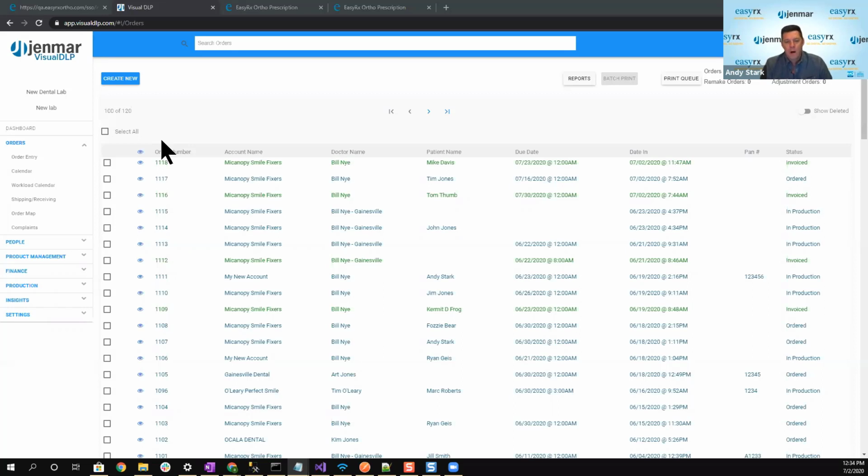So I'm on the order list in VisualDLP, and you can see that there are several orders in here, the different statuses: invoiced, ordered, in production. When a case comes in from EasyRx, it goes into the ordered state, and that means that it's been submitted and needs to be reviewed and scheduled. So I'm going to start the whole process by looking at